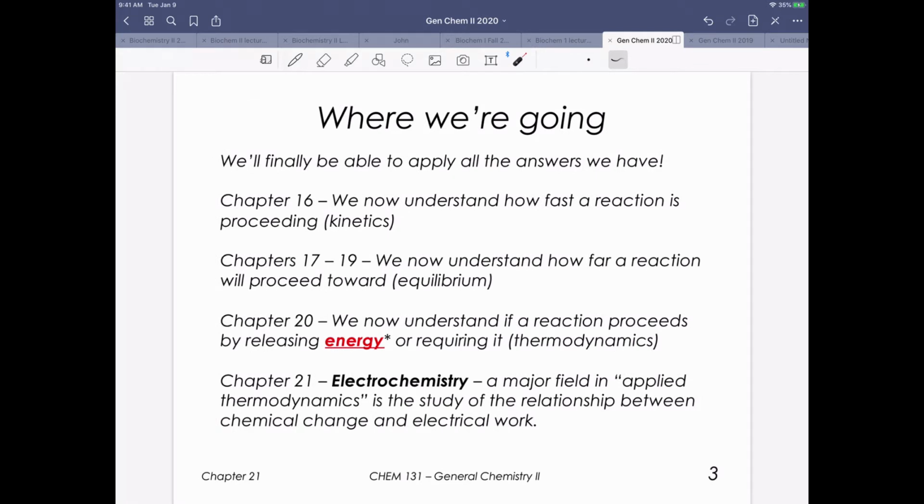So again, as we culminate in this chapter, we only have one more chapter left in Gen Chem 2, and that actually is to introduce you to organic chemistry. Really the past several chapters have all been leading up to this summative chapter on